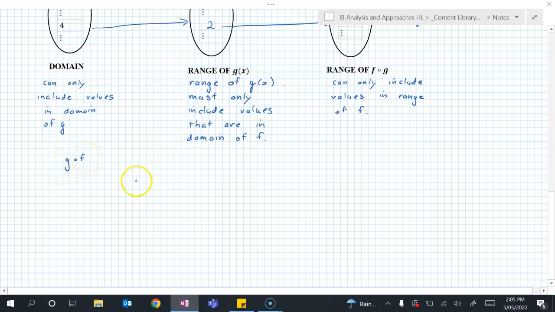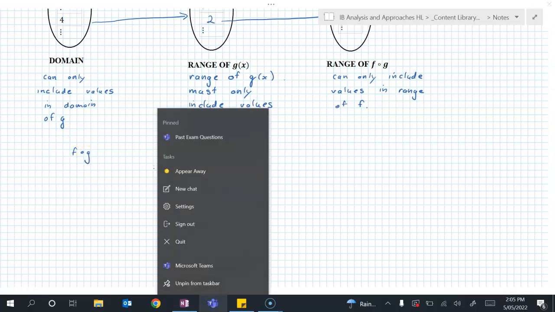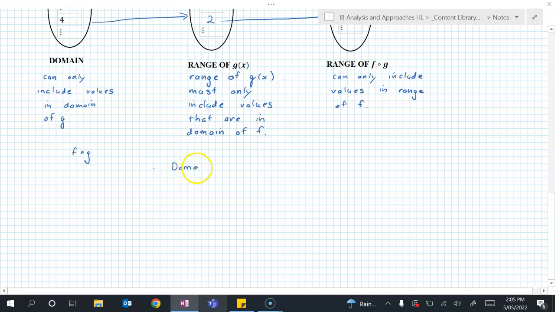The first thing to do is to write down what the domain of both of these functions are. Now, sorry, I've got the order around the wrong way. It's f composed with g. g is applied first because it's f of g of x. So let's write down the domain of g. We had that before. That was x greater than or equal to 0. The range of g, well, it was all the positive square root values, so it was y greater than or equal to 0. And then the domain of f,